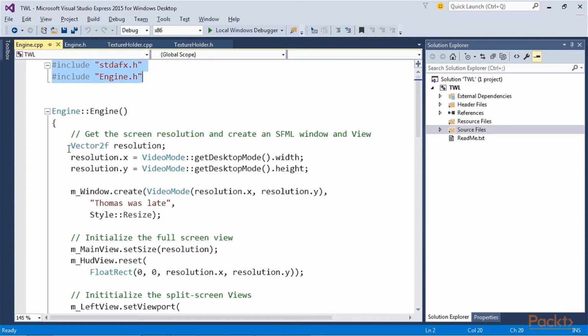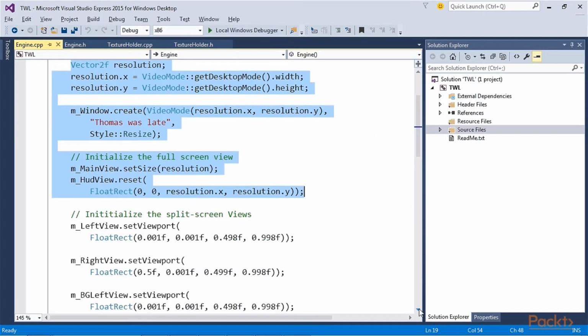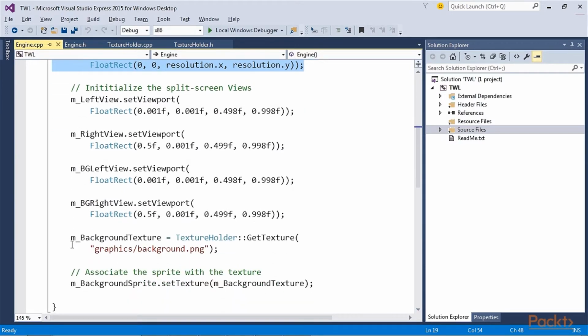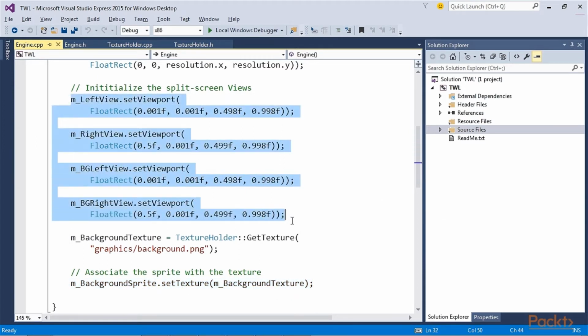The code for this function will be in the engine.cpp file we just created. Here, we are adding necessary include directives. Much of the code we have seen before. For example, there are the usual lines of code to get the screen resolution as well as to create a render window. At the end of this code, we use the now familiar code to load a texture and assign it to a sprite. In this case, first we are loading the background.png texture and assigning it to m_background sprite. In this code in between, the four calls to the setViewPort function need some explanation.